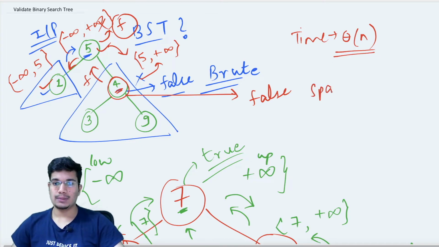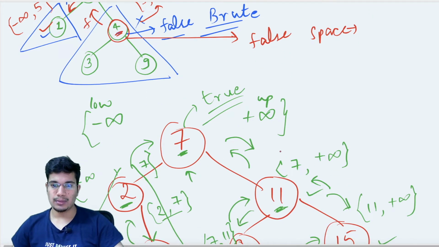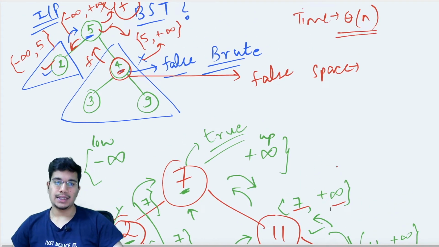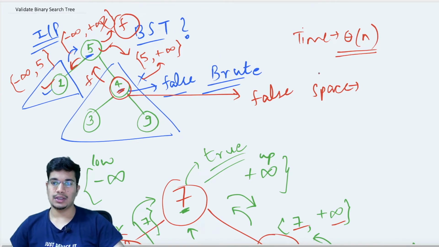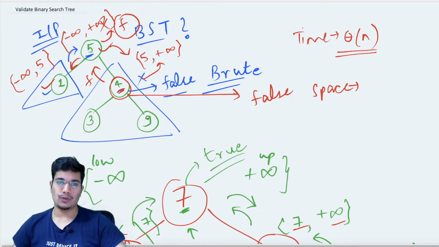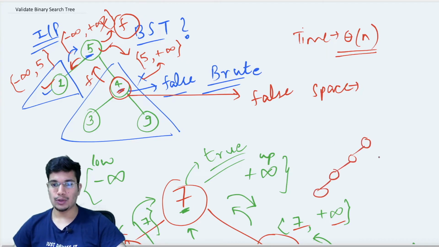And then if we talk about the space, ideally we are not here using any extra containers. It's just two variables being passed, lower and upper limit. But since this is a recursive approach, the call stack is going to be filled with different recursive stack frames. And if we talk about that, at max, at one point of time, the number of frames in our call stack could be the same as the height of the tree. So the height of the tree could be anything, but let's say if the tree is skewed, so it's something like this. So if there are 4 nodes, then the height of the tree is also 4.